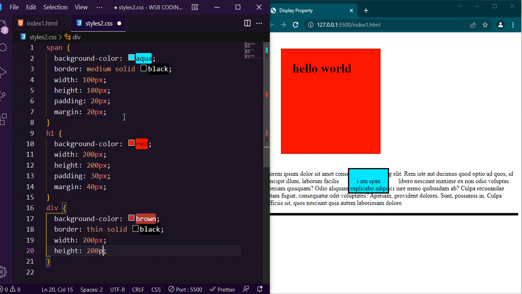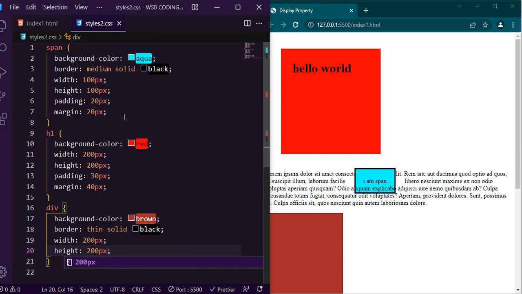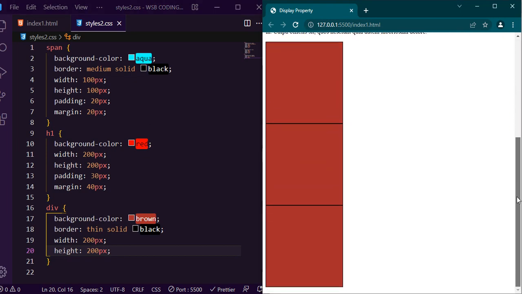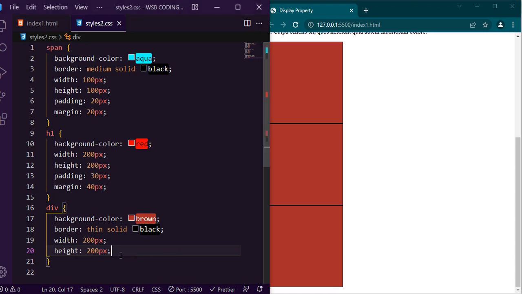So we'll have a square. So here we got our 3 divs with the background color of brown. Divs are by default block elements, so that's why these 3 are appearing on 3 different lines, 3 different blocks. So now let's change its display